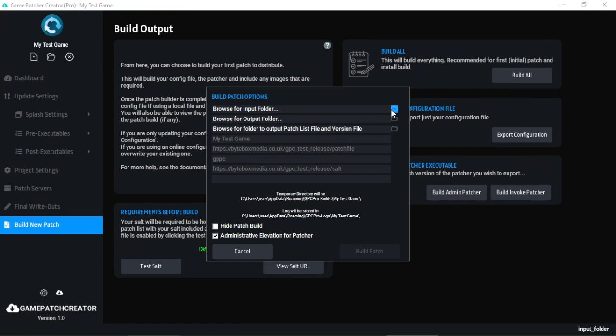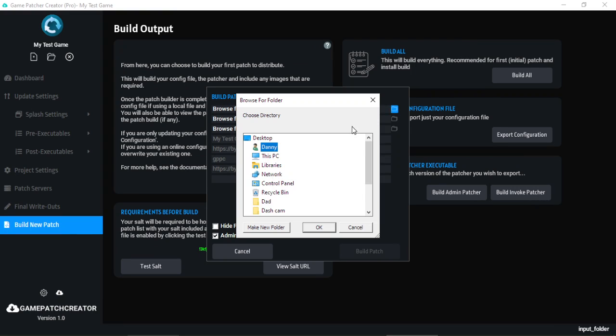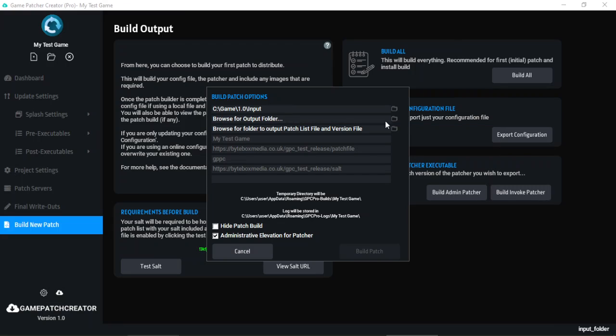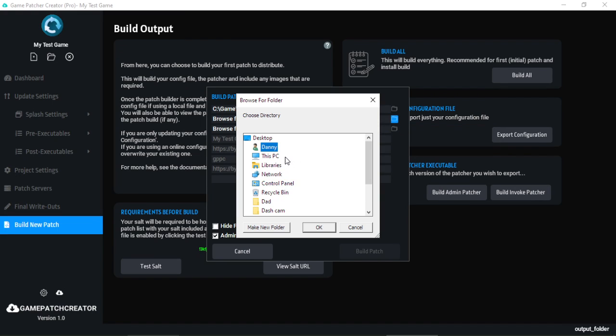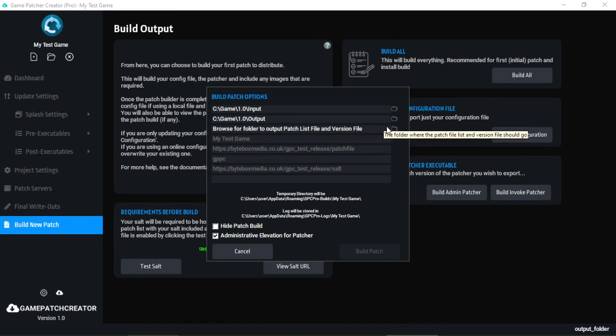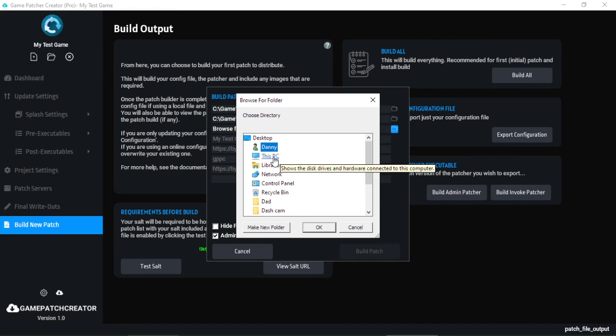Now, it's going to ask you for an input folder. This is version 1.0. So we can simply go to our game folder and then click on the input folder. That's where all our game files are. The output folder is where the renamed files are going to go once it's scanned over. So you would simply go to C game 1.0 output, and then the version folder, same again,